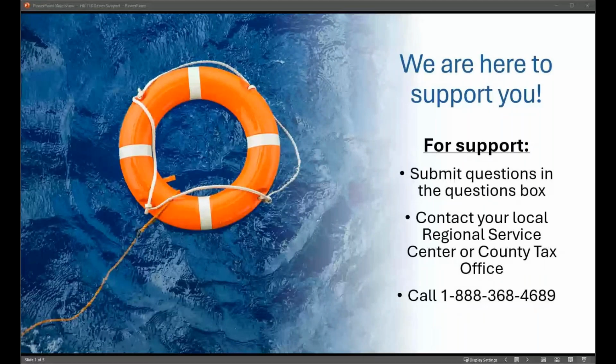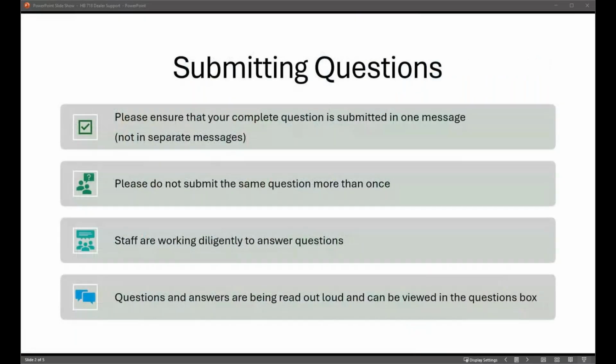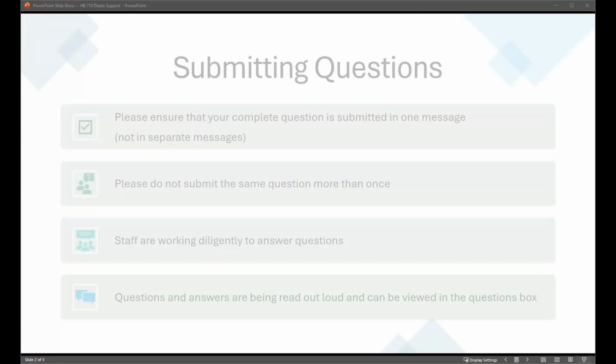But the information that you are seeing rotating on the screen here, we do have it available for download. If you are on the desktop version, you may see a paper with a paper clip. If you hover over that, it says materials, and there's going to be 3 different handouts available for download there. Again, we do have this presentation available to print out, and that presentation will also provide you with links to our different available on-demand trainings.